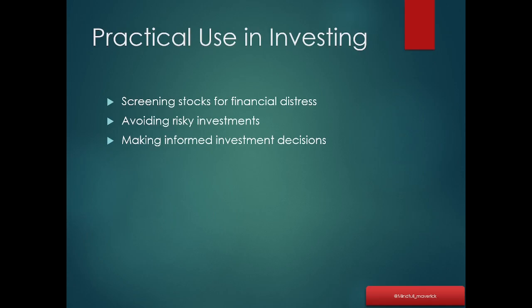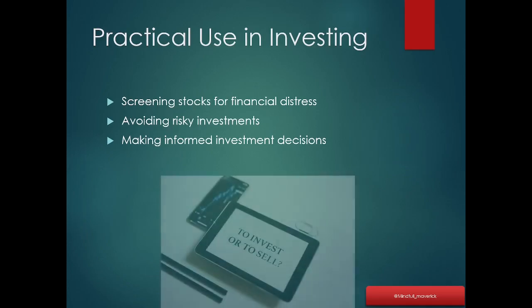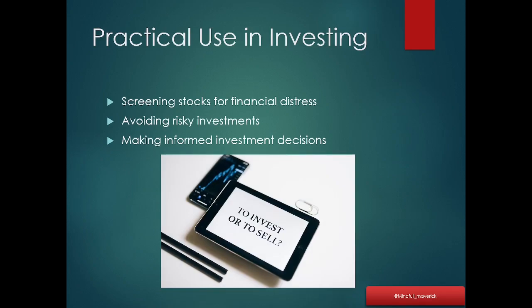मेनली हम इस मॉडल का यूज क्यों करते हैं, राइट? सबसे इम्पॉर्टेंट, टू मेक इन्फॉर्म्ड इन्वेस्टमेंट डिसीजंस. हम एक प्रॉपर डिसीजन ले पाए, एक इन्फॉर्म डिसीजन ले पाए और हमारे रिस्क कम कर सकें या हम रिस्क को अवॉइड कर सकें. ओके, सो फॉर दिस एक छोटा सा एक एग्जांपल मैं आपको शो करना चाहूँगा.